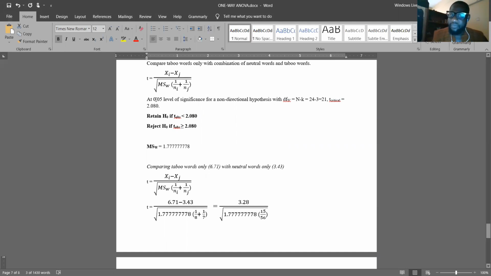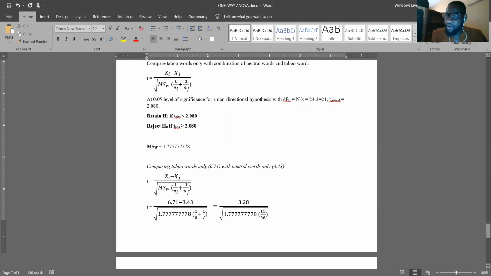When you check the question that we saw, they didn't provide a level of significance. So we are assuming that our level of significance is 0.05. And although they stated the hypothesis in a directional fashion, we are assuming that it is non-directional, and our degree of freedom,